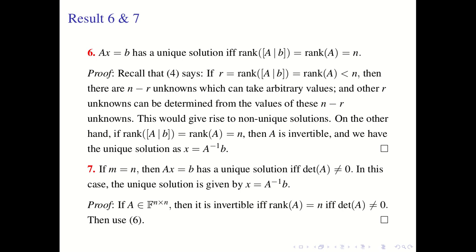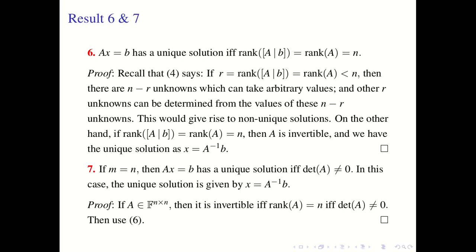Take r equal to the rank of the augmented matrix, and that is equal to the rank of A. In all these, the rank of the augmented matrix being equal to the rank of A is required to say that the system Ax equal to b has a solution. So suppose these two are equal, and that this is strictly less than n. If the rank is strictly less than n,